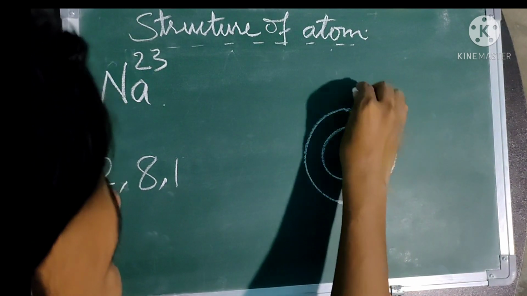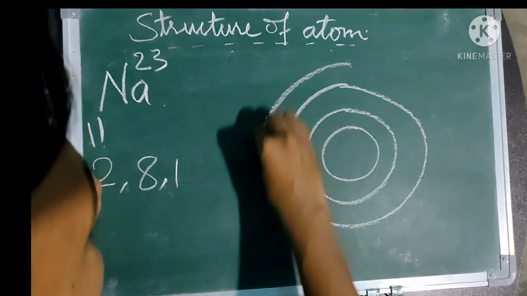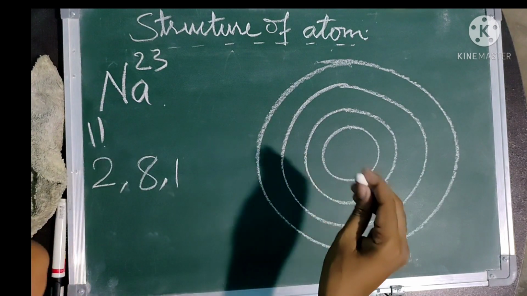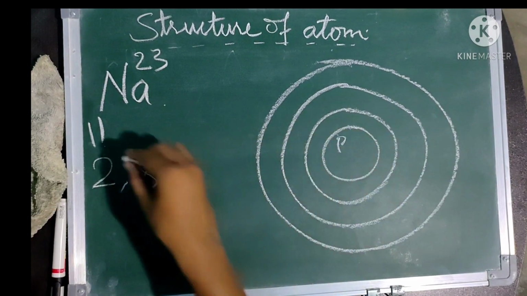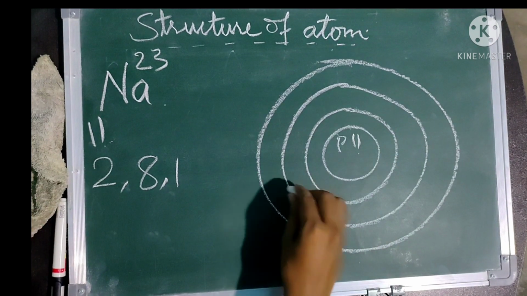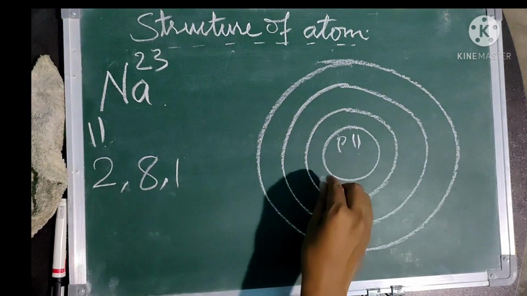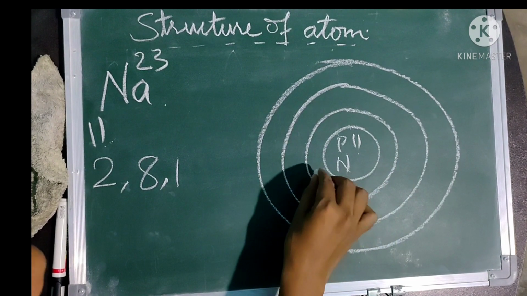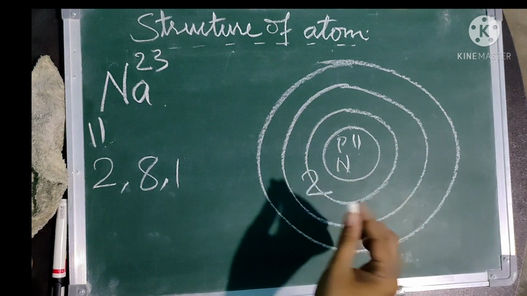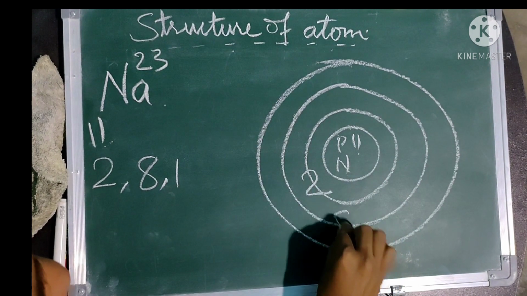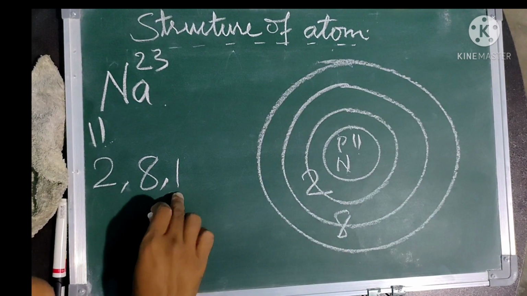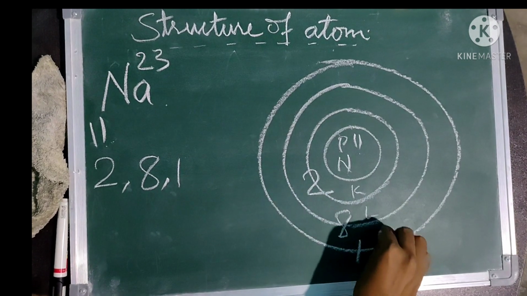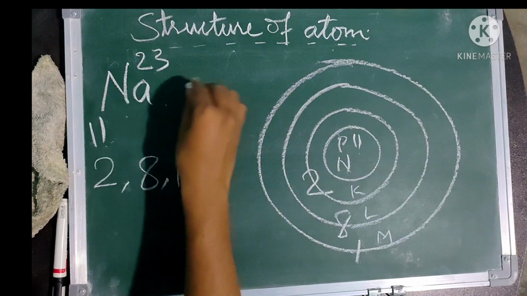This is nucleus, this is the first shell, this is the second shell, this is the third shell. So instead of writing all the dots, I will just write the numbers here. Number of protons here is 11. What about number of neutrons? Number of protons we are writing, number of neutrons we will write in a moment. Number of electrons present in the first shell, 2. Number of electrons present in the second shell, 8. And number of electrons present in the third shell, that is 1. So this way K, L, M shells are filled in a sodium atom.